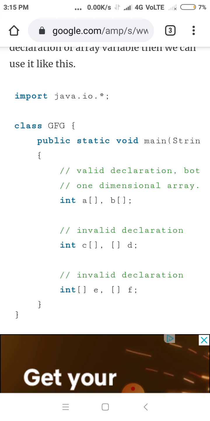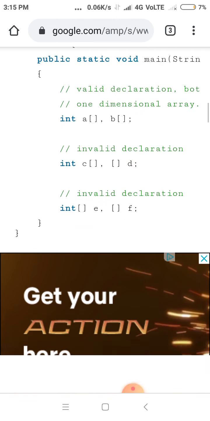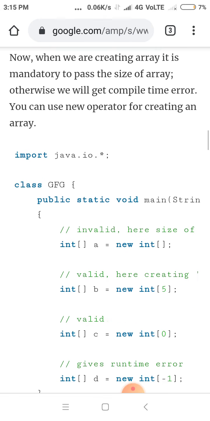But in the second way, int c[], []d is an invalid declaration of array. Again in the third way, int []e, []f is an invalid declaration of array.